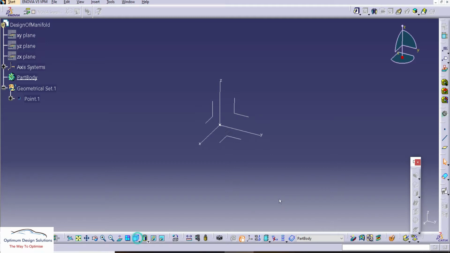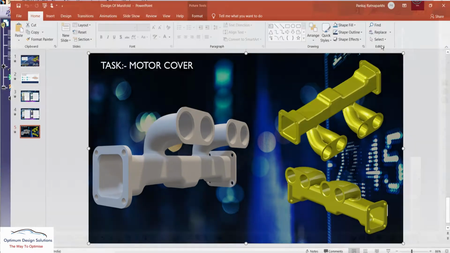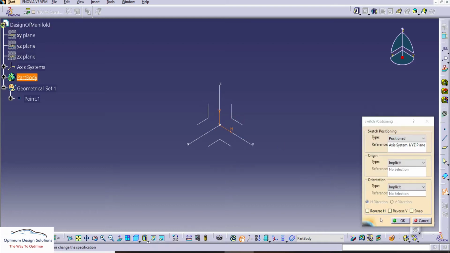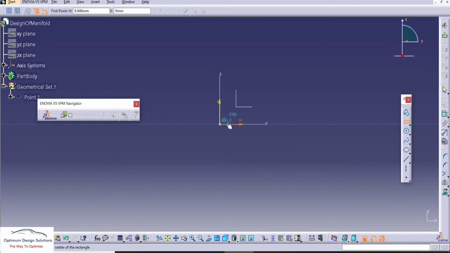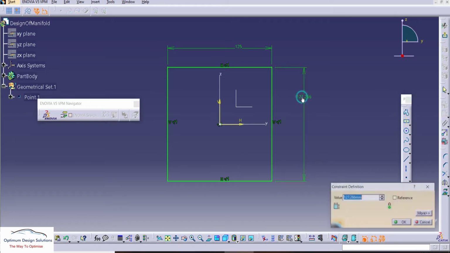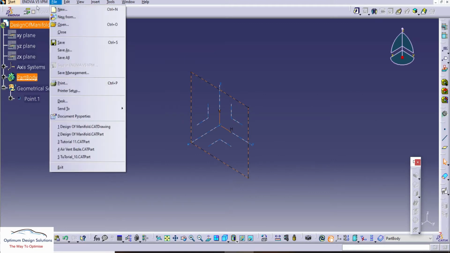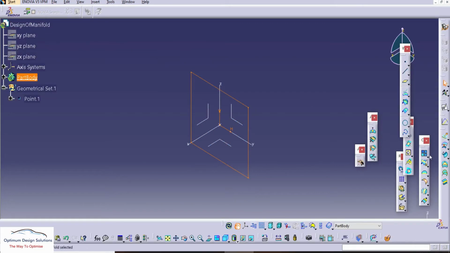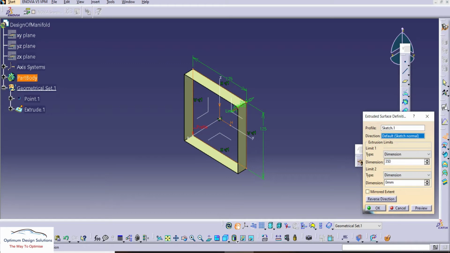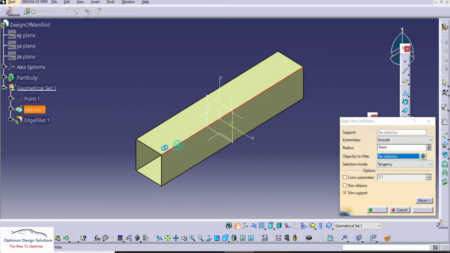We will start with this rectangle. The section is a square. So we'll take a center rectangle. We'll give the dimension. The square is 125 mm. So this is the base sketch. So we'll use the advanced surfacing extrude command with 350 mirror extend. So this is the base rectangular shape. So we'll apply the edge fillet of 25 mm.